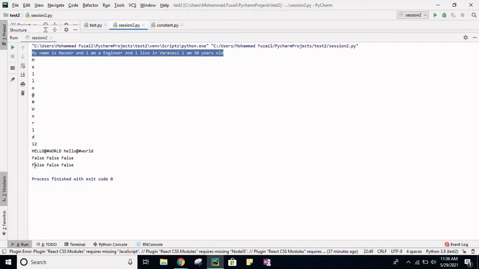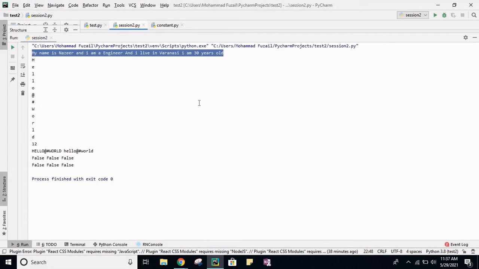So this one is alphanumeric. For alphanumeric, if you check, it is having the numerical value 30 and the alphabets as well, but it is printing false. For each digit it is true, but since it doesn't have all numerical values, it is giving us false. For alpha also we are getting false. These conditions are correct, but why are we getting false for alphanumeric?